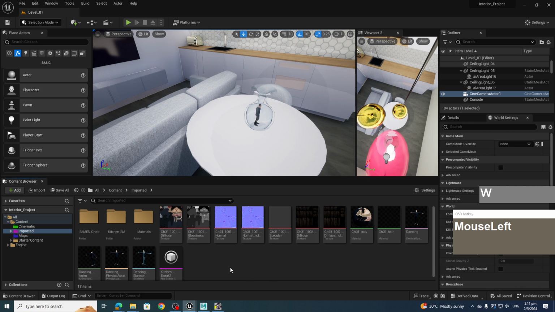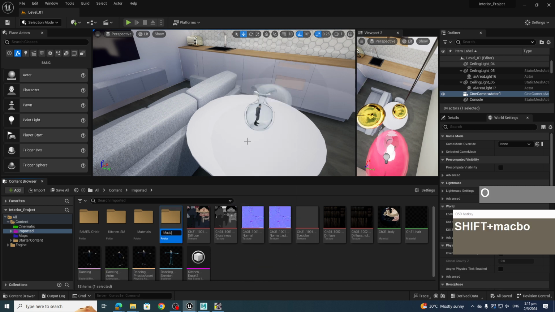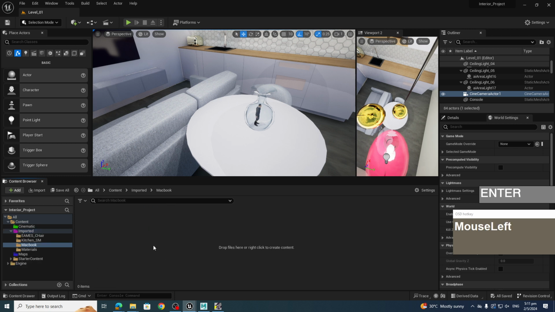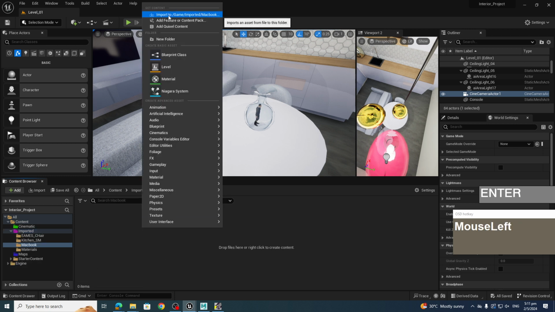Okay, now I'm going to create a new folder and just call it MacBook, because they are made out of different parts, right, so I want to keep everything not behaving within here. Now, if I right mouse click on the numbers and import manually, you